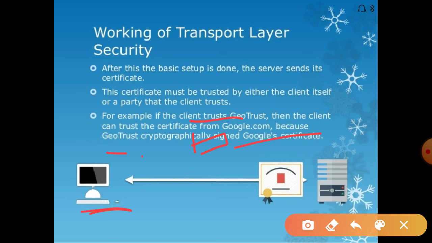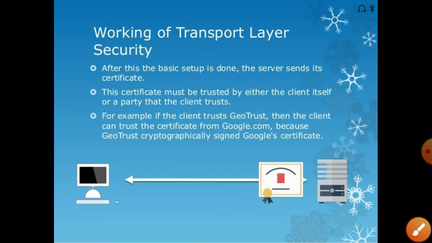So that certificate is trusted by the client, and the server sends it.